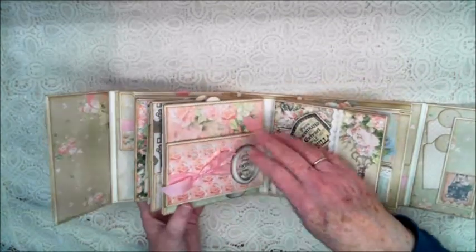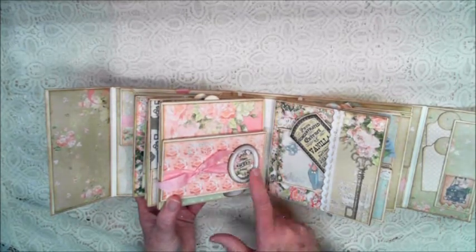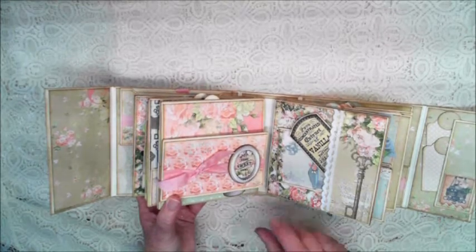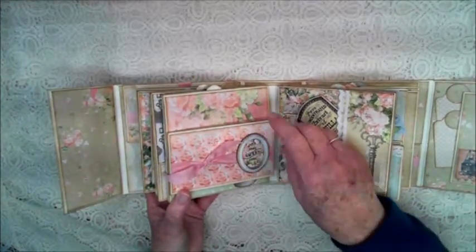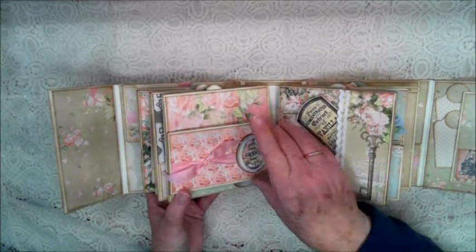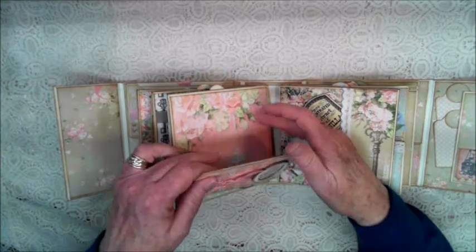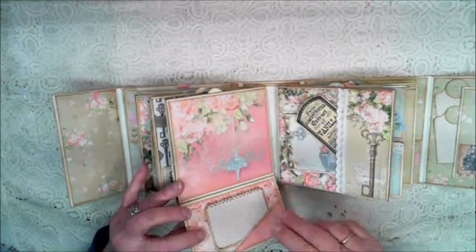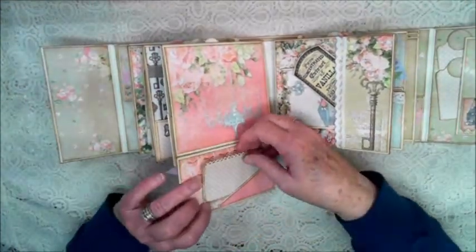The next page, again, very interactive. I have this sweet chipboard embellished frame here, and what I've done is I've gone ahead over that white frame and I antiqued it. I've used some of the pink seam binding, and on this page again we have a lot of interaction going on. This folds down, and again this is all magnetized to keep everything nice and secure and in place. This folds down and there's a pocket,